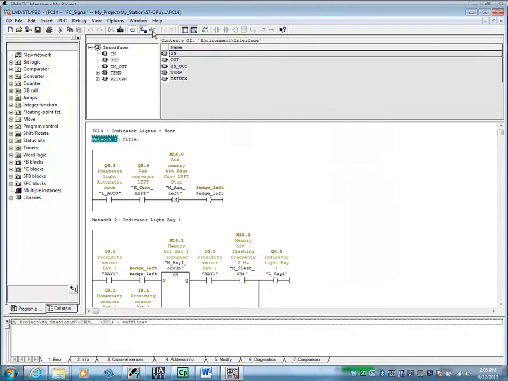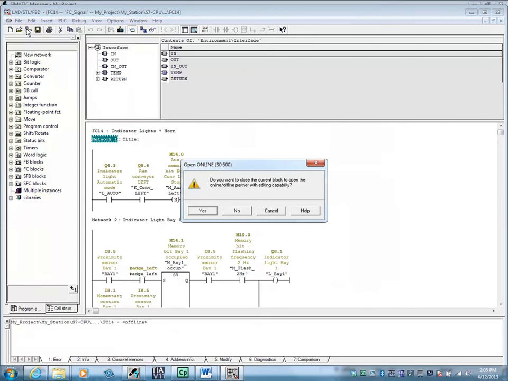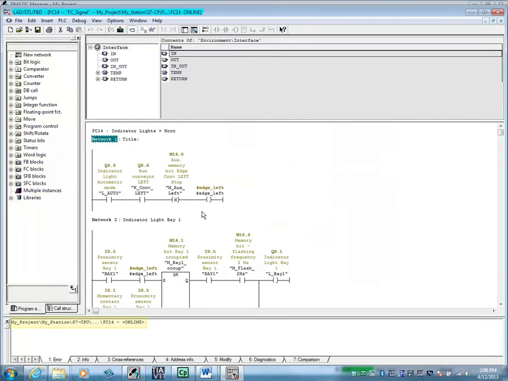Here's a third way to go online with your project. Click the Online Offline toggle button. You will get a message asking you if you want to close the block you have opened and open its partner. This means if you're in the online block, it will open the offline block, and if you're on the offline block, it will open the online block. Click Yes. If you look back at the Error tab, you will see that now we are on the online